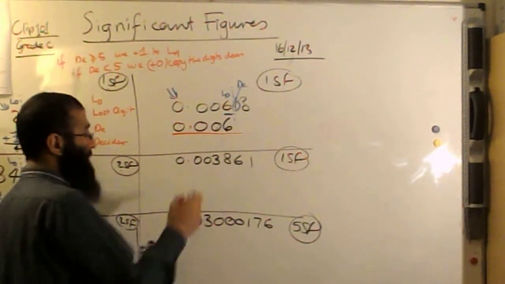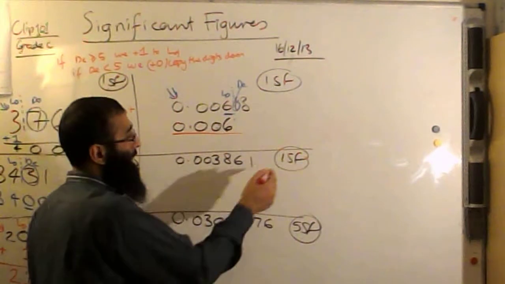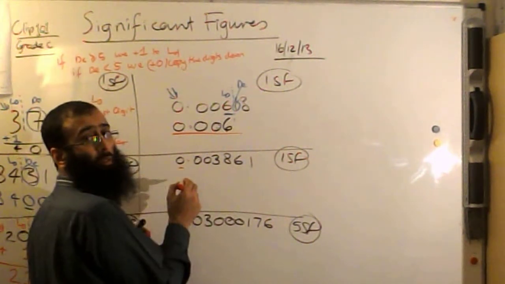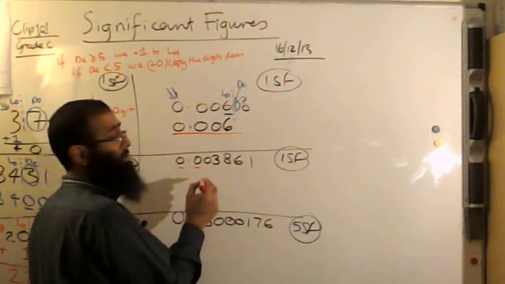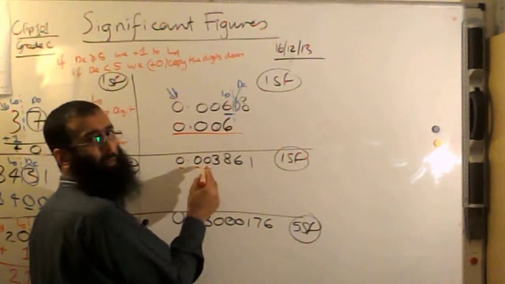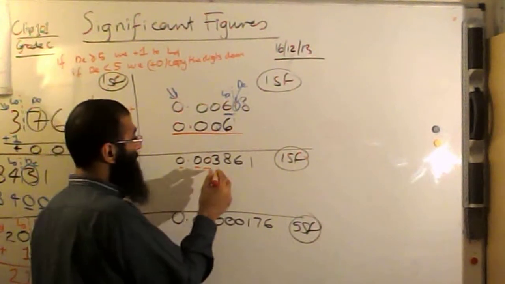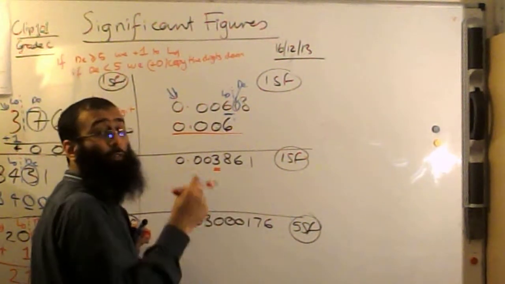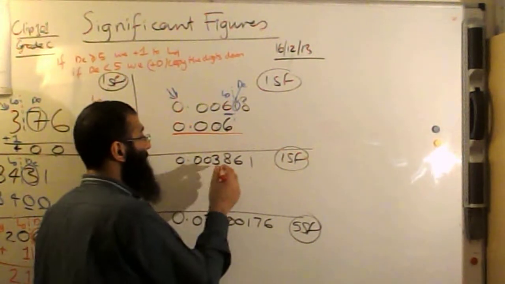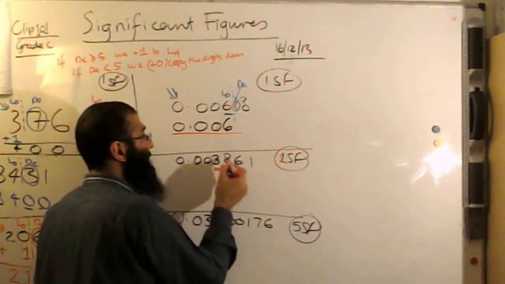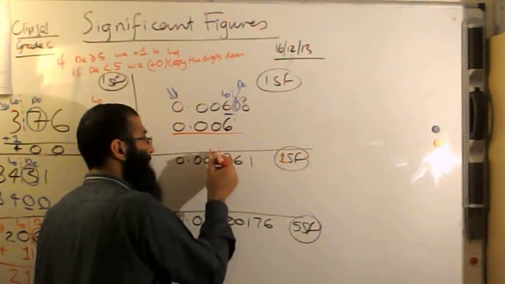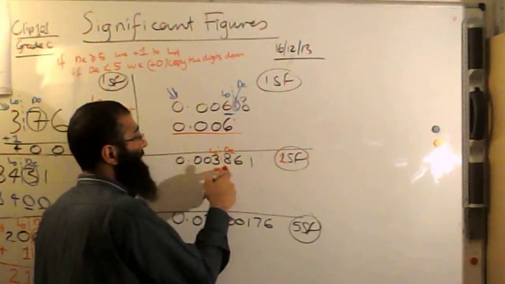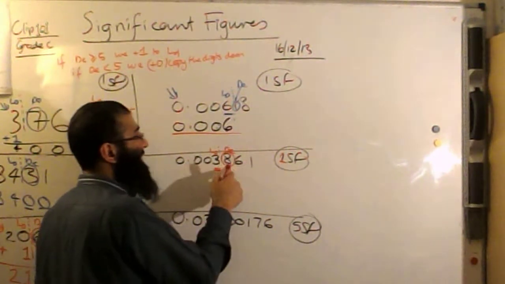Next question. We have one significant figure here, Layla. Is this a significant figure? No. Next one? No. Next one? No. And the next one? Yes. So our first significant figure is the first non-zero digit, which is the 3. We have to round to one significant figure. That's our last digit, and this is called our decider. So Hassan, what's the decider telling you?